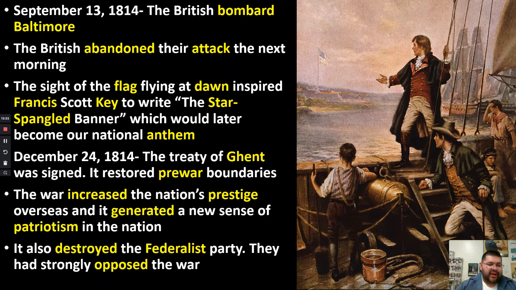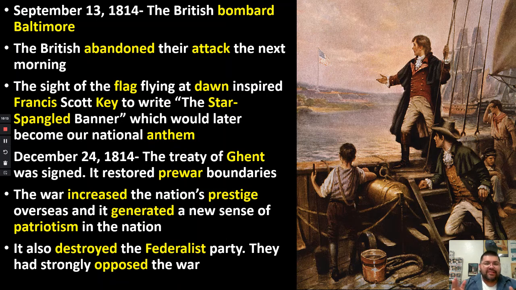All right. Now, December 24th, 1814, basically the United States and Britain try to come to an agreement, and they do with the Treaty of Ghent. Now, here's the interesting thing. Under the rules of war, when a country takes over territory, they get to claim that as their own because they've conquered that area. That's their land now.